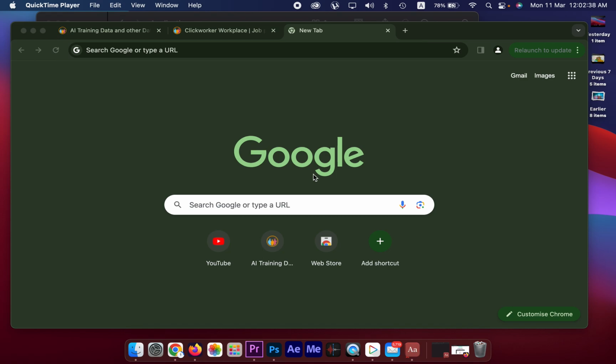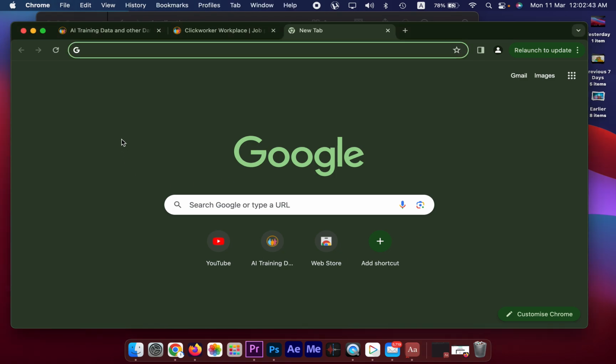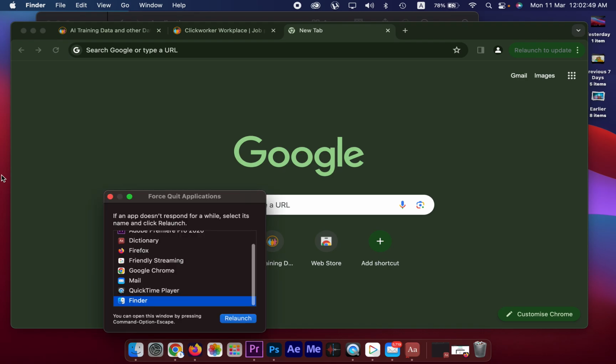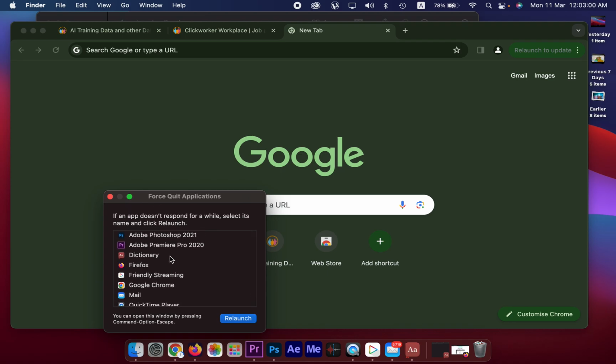See, I will press all of them. Just a minute. Command, Option and Escape. See, the Force Quit Applications window has opened, and now we can see Adobe Photoshop and a lot of